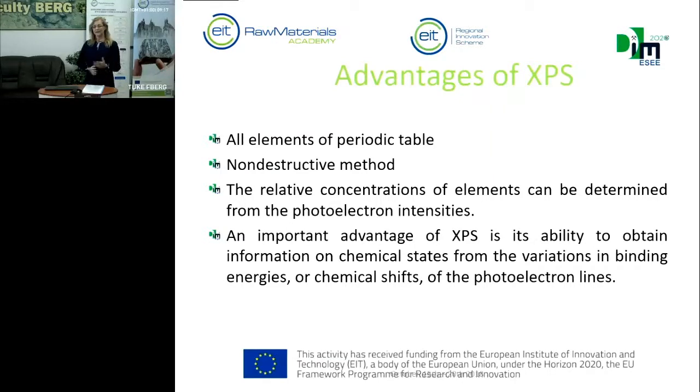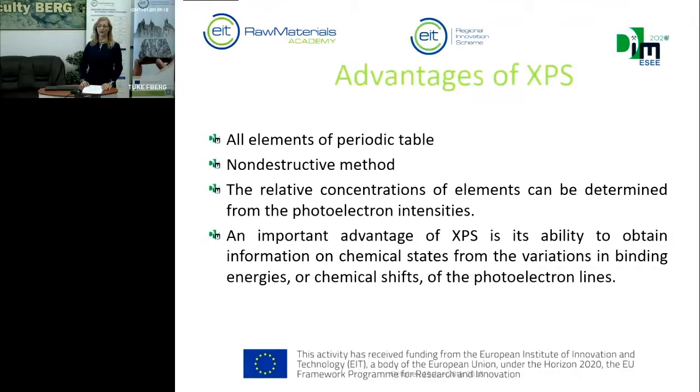There are several benefits, but firstly, in one measurement we are able to measure all elements of the periodic table. Secondly, this method is non-destructive. Thirdly, the relative concentrations of elements can be determined from the photoelectron intensities, and a very important advantage of the XPS method